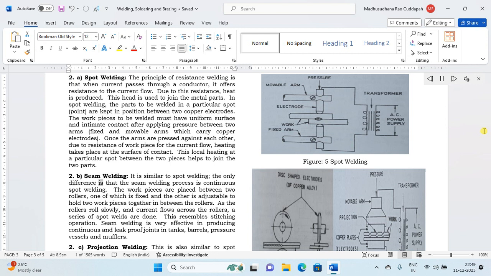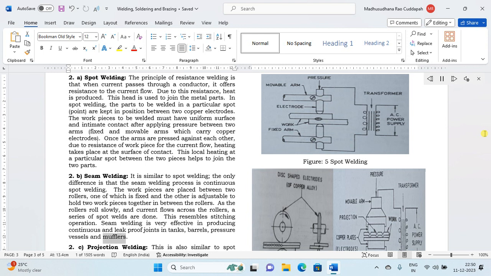The only difference is that the seam welding process is continuous spot welding. The workpieces are placed between two rollers, one of which is fixed and the other is adjustable to hold the two workpieces together in between the rollers. As the rollers roll slowly, and current flows across the rollers, a series of spot welds are done. This resembles a stitching operation. Seam welding is very effective in producing continuous and leak-proof joints in tanks, barrels, pressure vessels